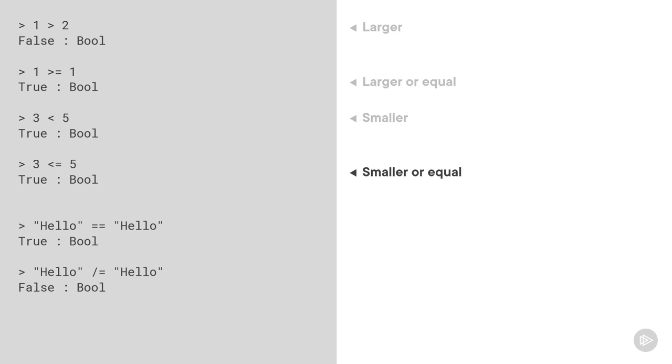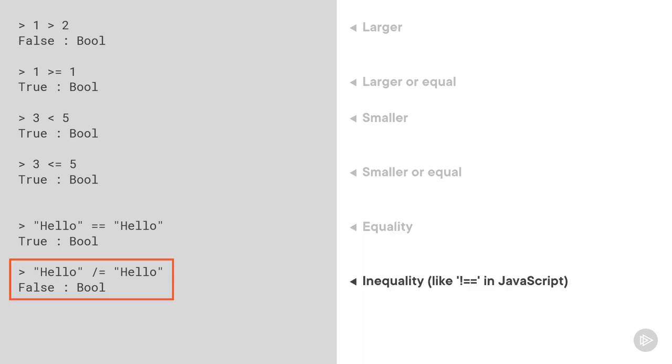Since Elm is strict about data types, the equality operator in Elm is similar to strict equality checking in JavaScript, since Elm requires both values to have the same type. Watch out! The inequality operator in Elm uses a slash instead of an exclamation mark. Both values must have the same type, which means that the Elm inequality operator is similar to the strict inequality